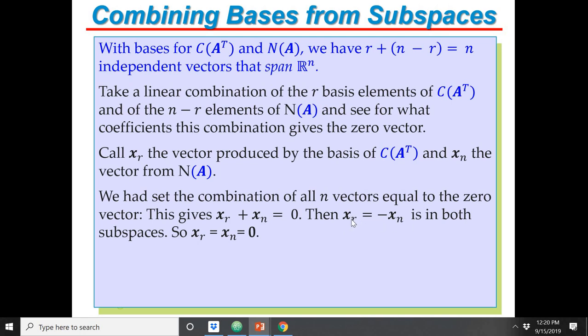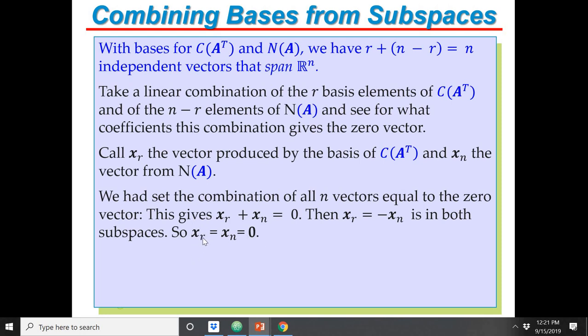Now, xr is a vector in the row space, xn is a vector in the null space. You cannot really have two vectors in these two orthogonal subspaces unless these two vectors are the zero vector. Remember from our earlier discussion. So xr has to be equal to xn equal to 0, and we're practically halfway in the proof,